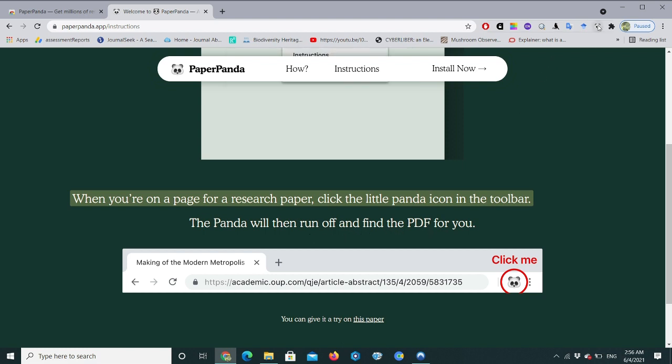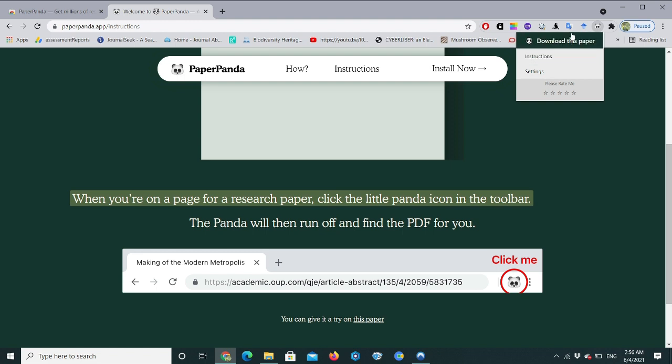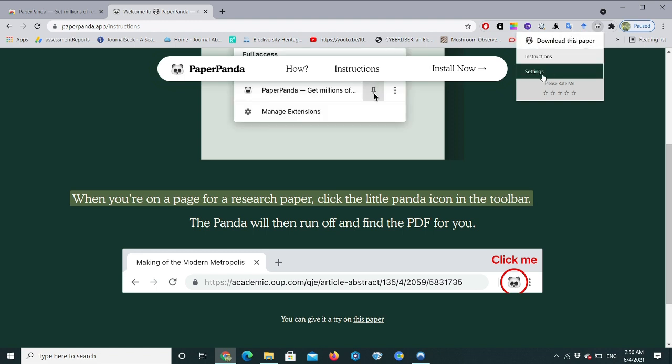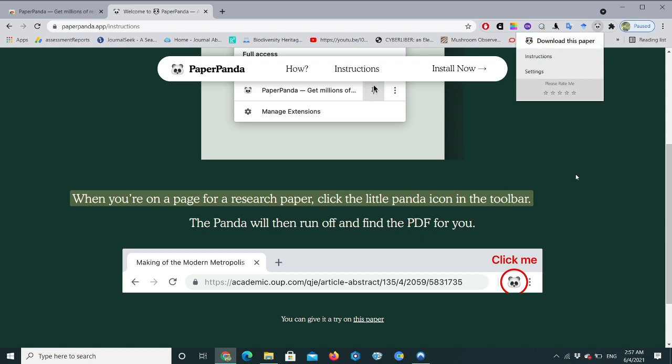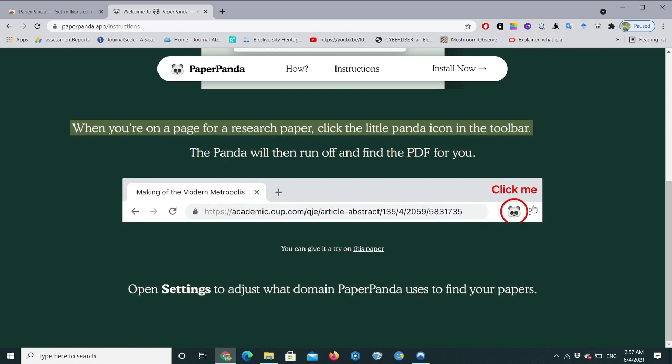So we will click on it if we want to download a paper. Here you can see instruction and setting, and we will click on this option, download this paper, when we visit a particular website or any paper, like in this way. Click on it, and here you can see a particular paper, and down below you can give it a try on this paper. So let's try on this paper how it's working.